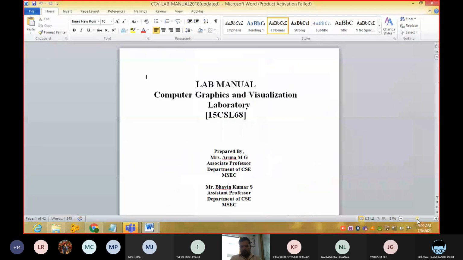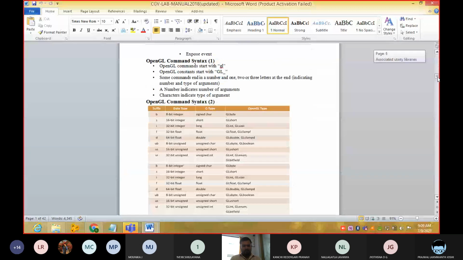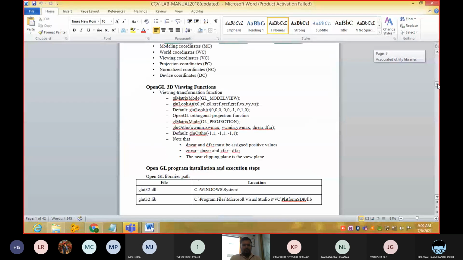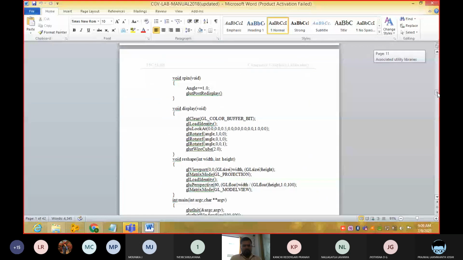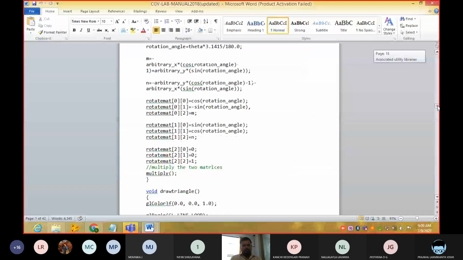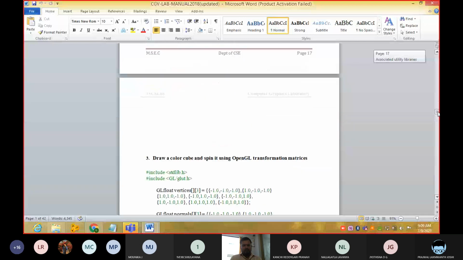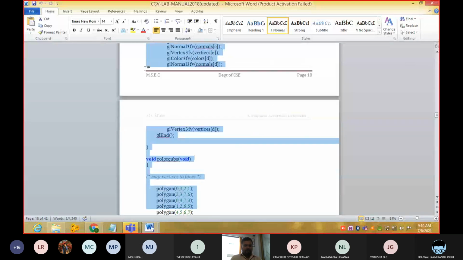So in computer graphics, guys, with respect to the geometric objects we have created, we can interact with them also. It's not only the creation of geometric objects; we can even interact with those things. We can interact with the devices through the input devices. The major input devices we have are the keyboard and mouse, right? So with the keyboard and mouse, we can interact with the geometric objects we have created.